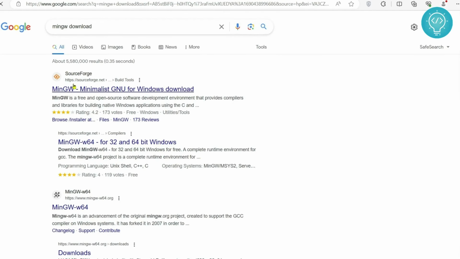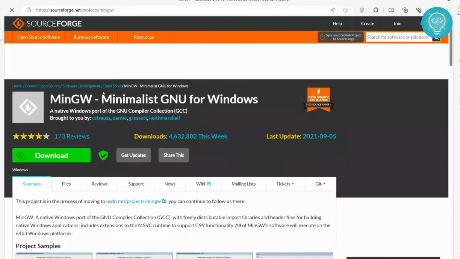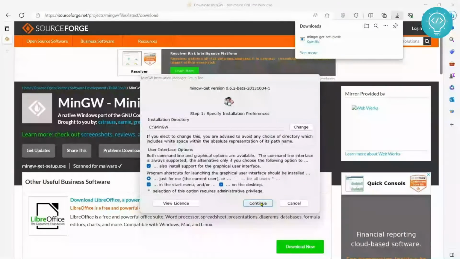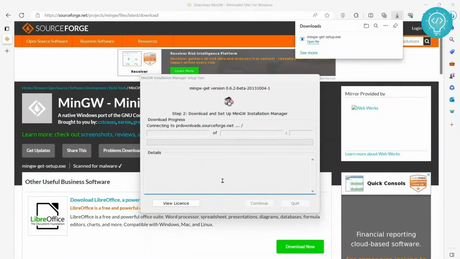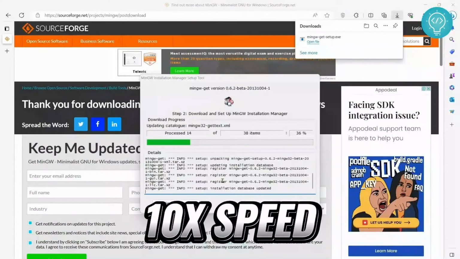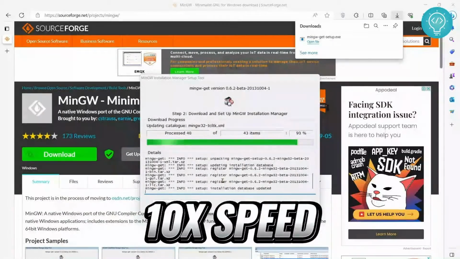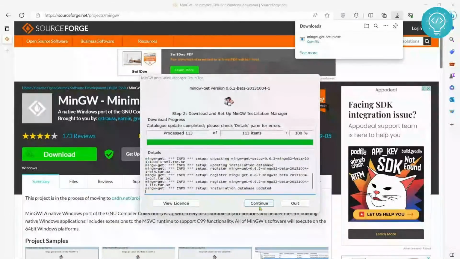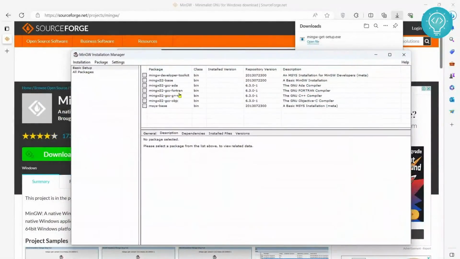And now click on this first result from sourceforge.net. Click on download. Once this is downloaded, open the installer, click next again, continue. Now, as you can see, it is complete. Click on continue, and now you will see a bunch of options here. So these are the compilers that we need to install so that our Visual Studio Code can run C